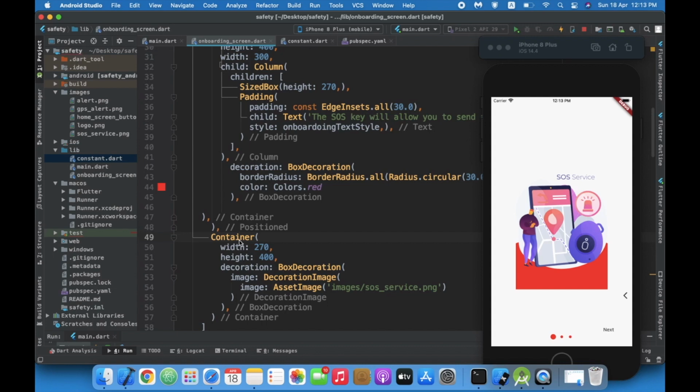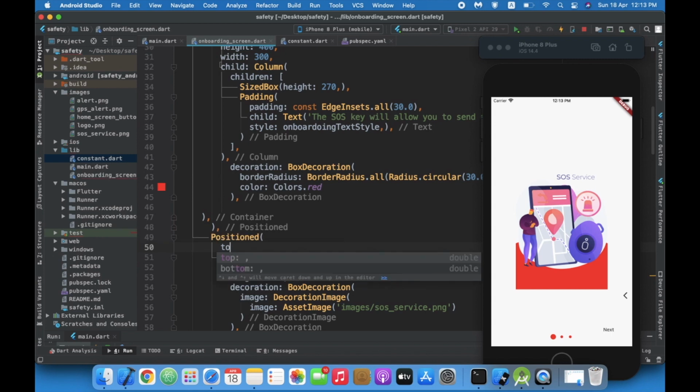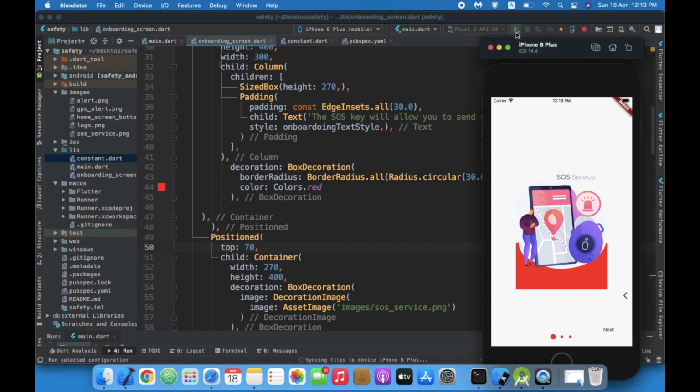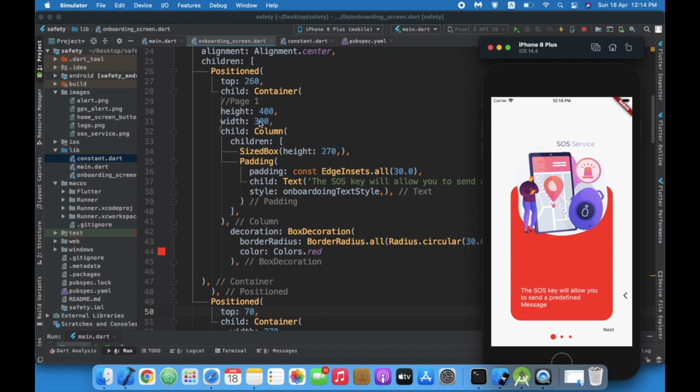Okay, let us give position. We want this image to be a bit toward the top. So wrap with widget, positioned, top should be 70. Again, hit the play button. Yeah. Now what I'll do is remove the height of this container so that the height will become auto.